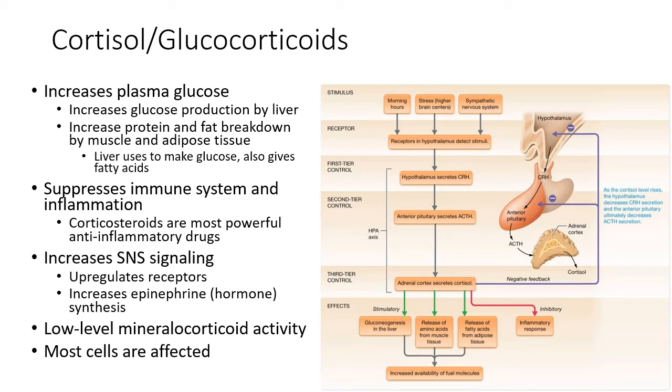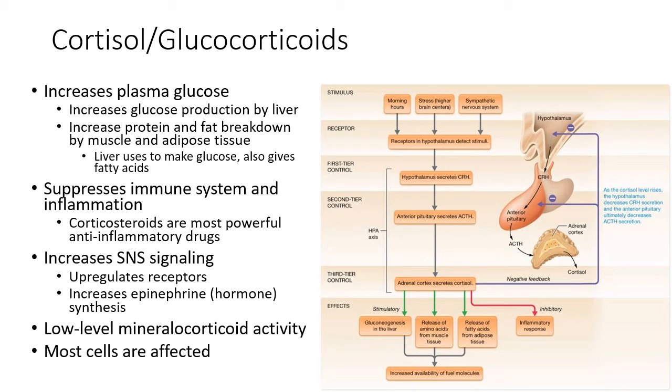Corticosteroids are drugs that are related to glucocorticoids. They're synthetic glucocorticoids. Those are actually the most powerful anti-inflammatory drugs that we have available right now by prescription. That's because the glucocorticoids have a strong effect to suppress the immune system and suppress inflammation. Then another thing that the glucocorticoids and cortisol do is increase signaling in the sympathetic nervous system by upregulating the